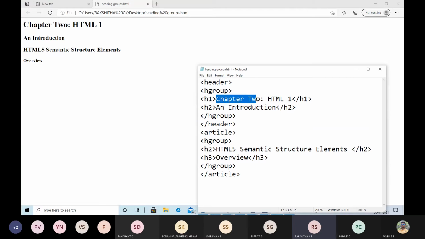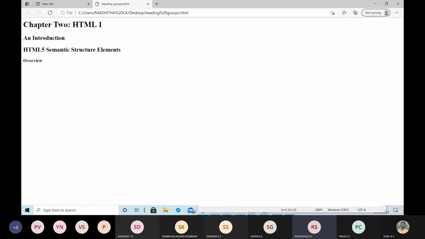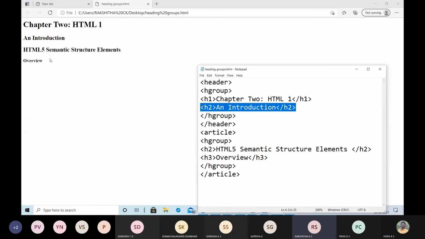This is one header, and then a second header. This is one group, and in the next level of group I have included H2 followed by H3. In that heading group I have taken a semantic structure element followed by H3. So this is how HTML heading groups work.